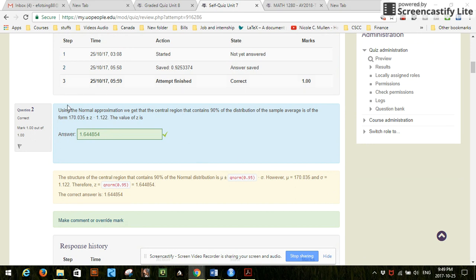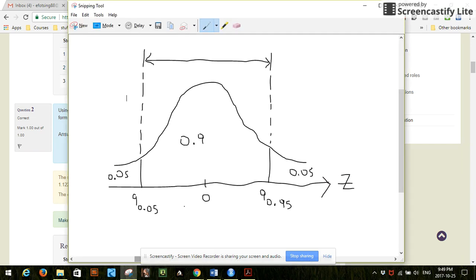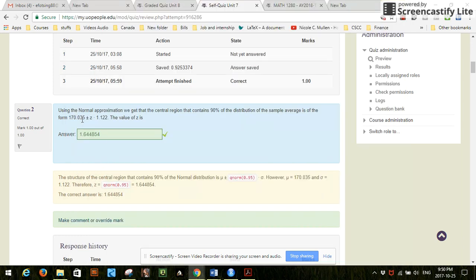Question 2. Using the normal approximation, we get the central region that contains 90% of the distribution of the sample is of this form. So we need to find the z value. Again, we're going to look back at my chart. The z value here is a quantile. That's basically what they're asking. So what we are saying is that the central region is 0.90. You take the central region here, this whole region, because you are dividing this by the fifth percentile, the 0.05 quantile or z-score, and the 0.95 z-score. So this question is asking you to find what the z value is, and you can see the z value is actually the q norm of